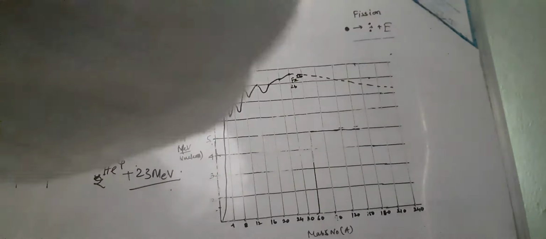So this fusion and fission reaction which we obtain is because of the instability of the nucleus. And the instability of the nucleus can be explained in terms of the binding energy per nucleon with the mass number. So the fifth point: the value of B by A, the binding energy per nucleon, varies in an erratic manner.